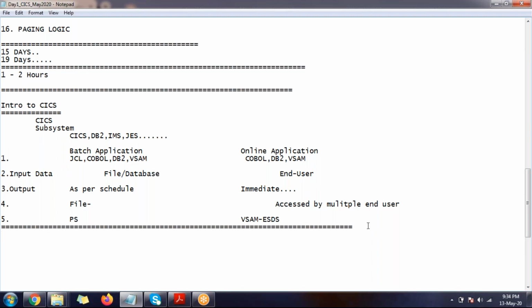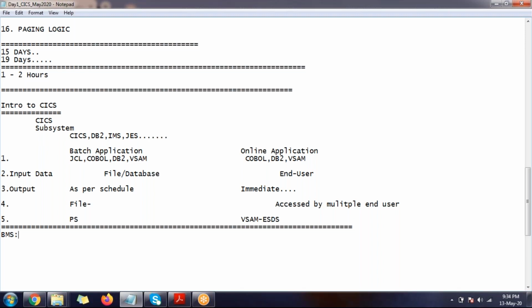Okay, team. So let's see now. We have BMS, basic mapping. How will the job schedules be specified? See, in an online application we don't schedule, right? As simple as you type the transaction, it will display the screen. If you are going to the ATM, you insert the card, and automatically the relevant screen comes.